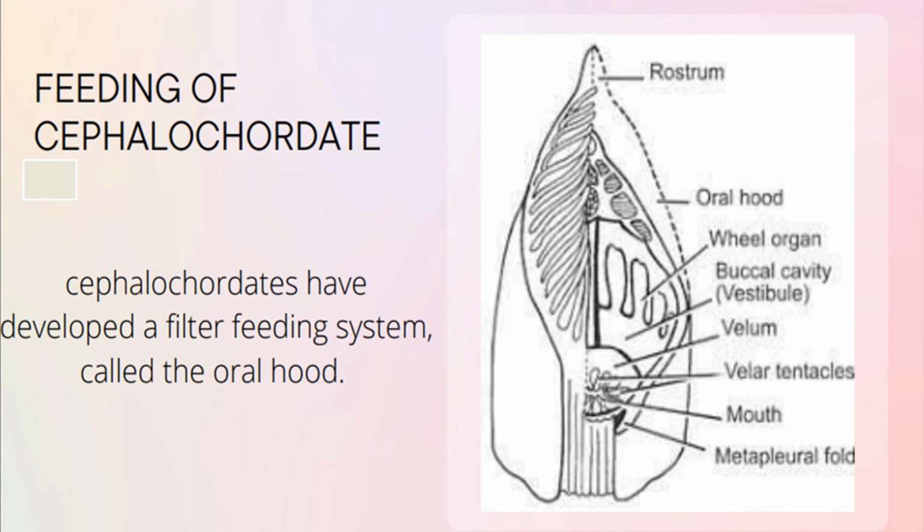Cephalochordates have developed a filter feeding system. It is called the oral hood that serves as the entrance for incoming food particles. The free edge of the oral hood contains buccal cirri. These are small filament-like projections that assist in sifting out larger food particles before they enter the buccal cavity. These projections are chemoreceptors that stimulate the epithelial cilia lining the inside walls of the oral hood to bring food